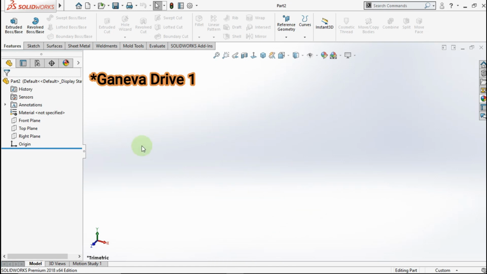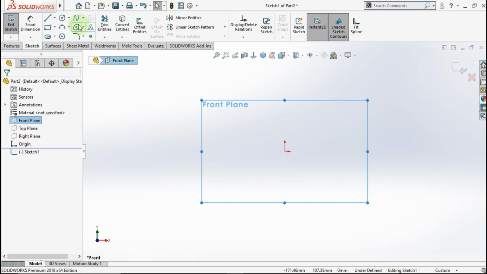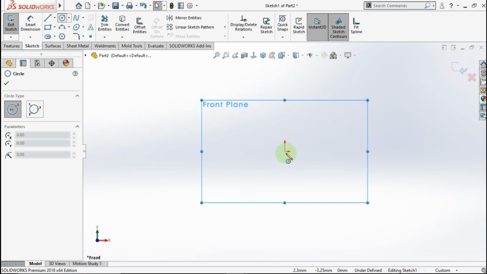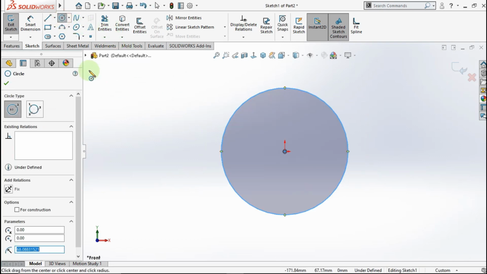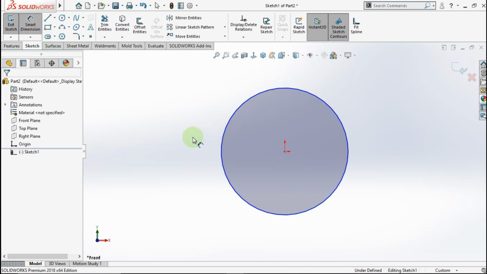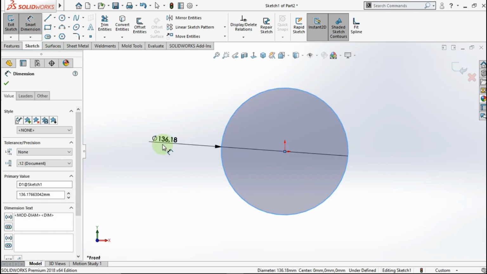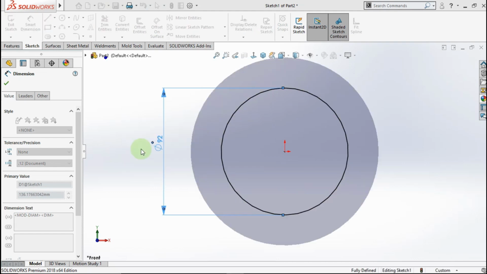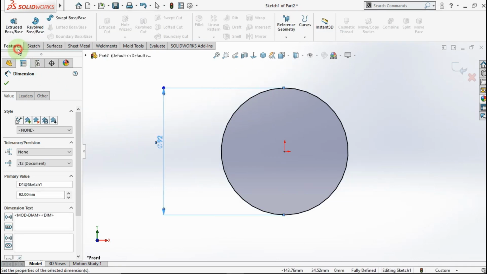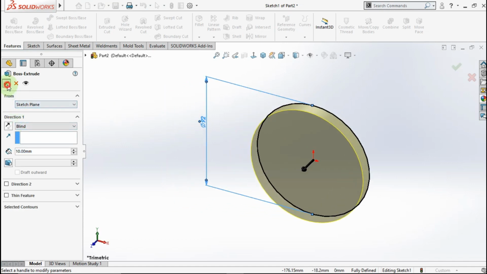Second part, we make a Geneva drive. Go to front plane, active circle, click from this point to this point, active smart dimension, make the circle diameter is 92mm. Go to feature, active extrude boss, make extrude parameter is 10mm. Okay,